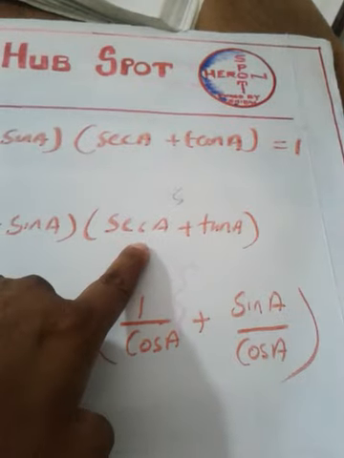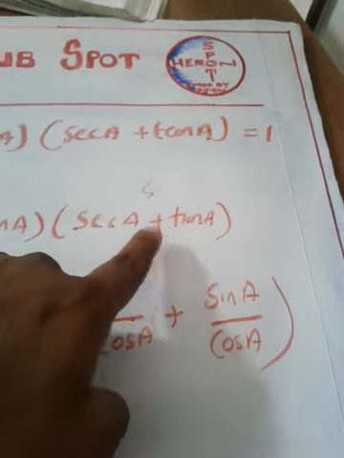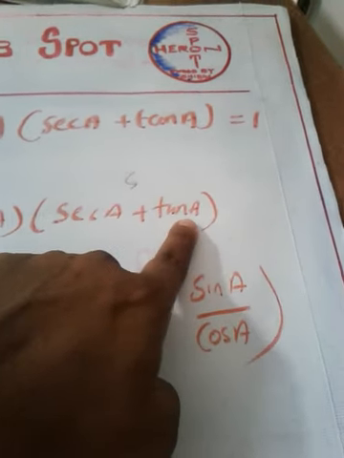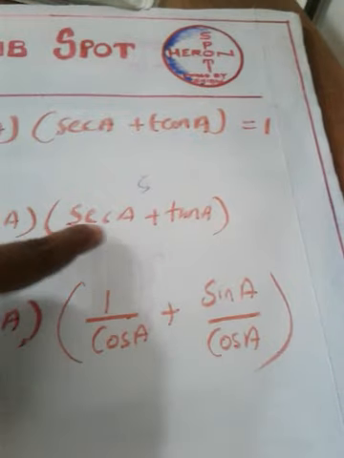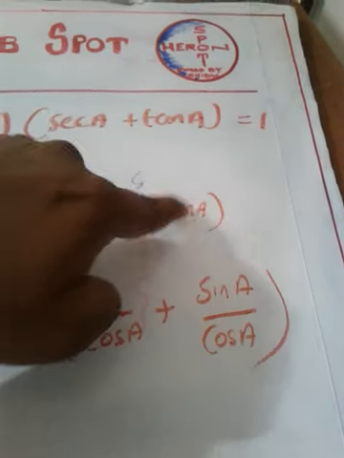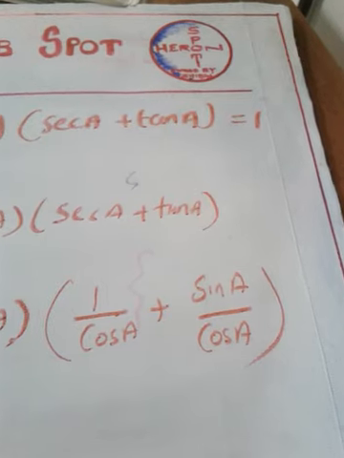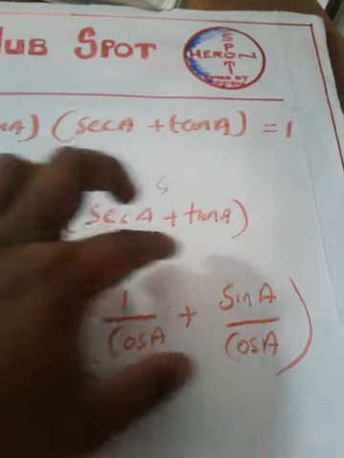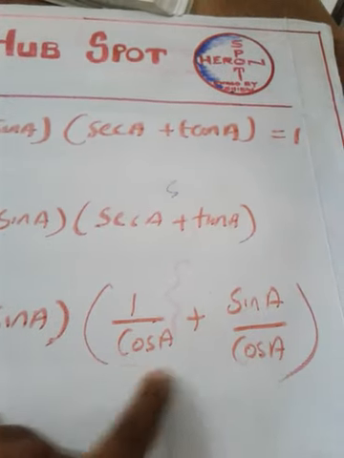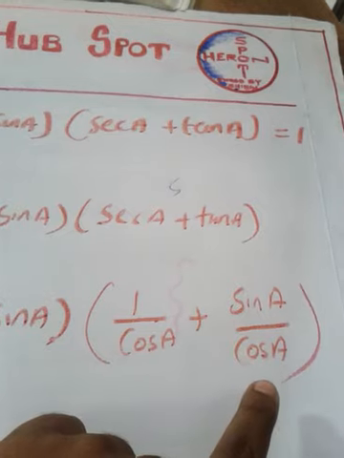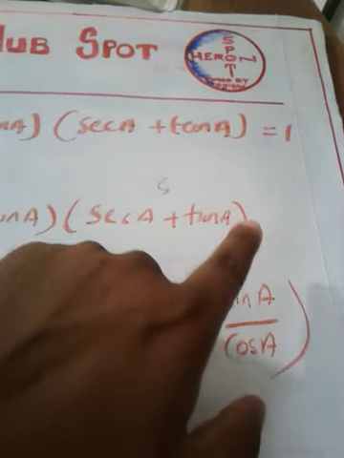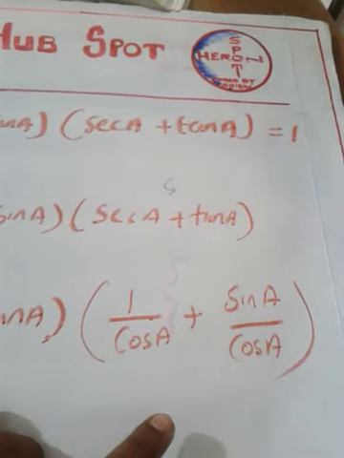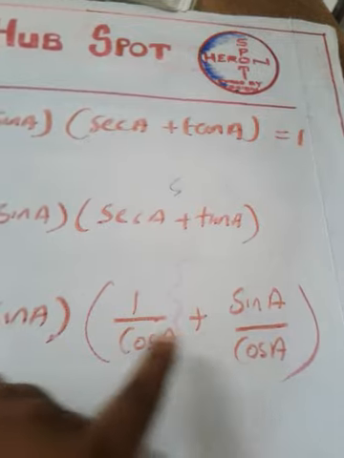So you know one thing, when cosec and cot come together with a plus sign in between, once again I'm repeating, you can convert cosec A as 1 by sin A and cot A as cos A by sin A. You know why? Because the denominator becomes the same. You know how to add two rational numbers with the same denominator. That advantage we can use here. So once again, if cosec A and cot A come together, you can replace cosec A by 1 by sin A and cot A by cos A by sin A. The thing is that the denominator becomes the same.